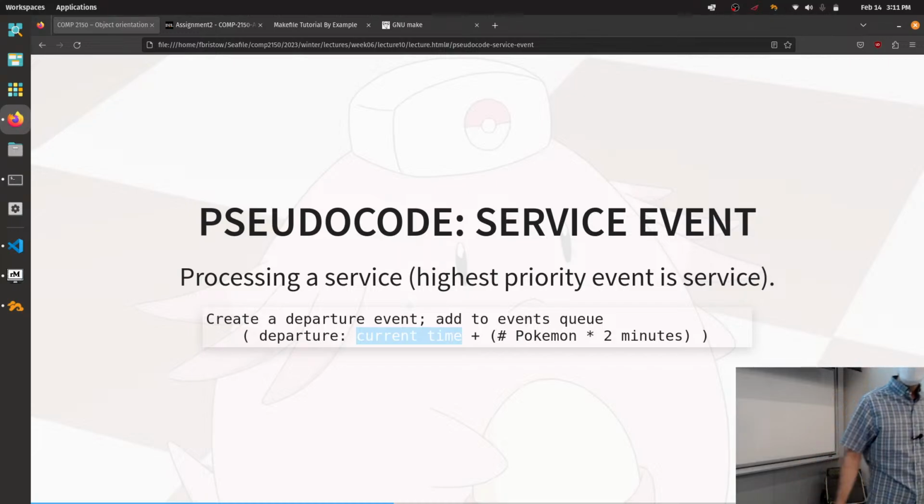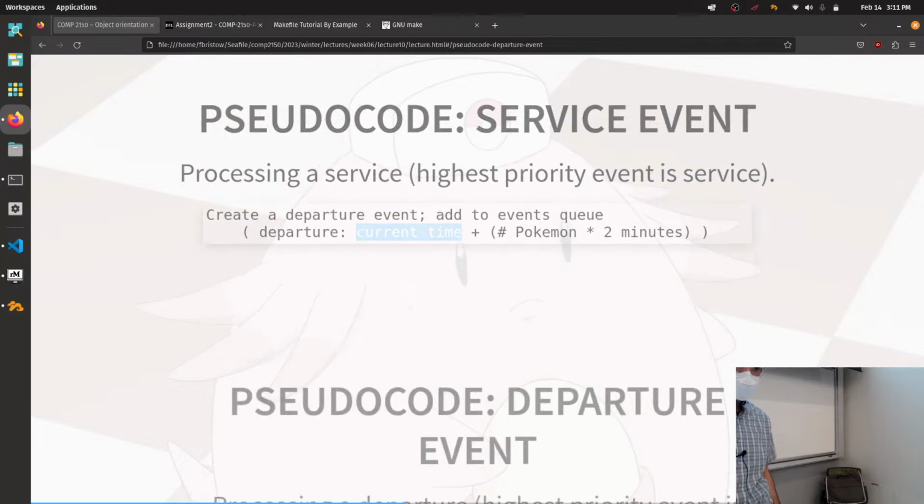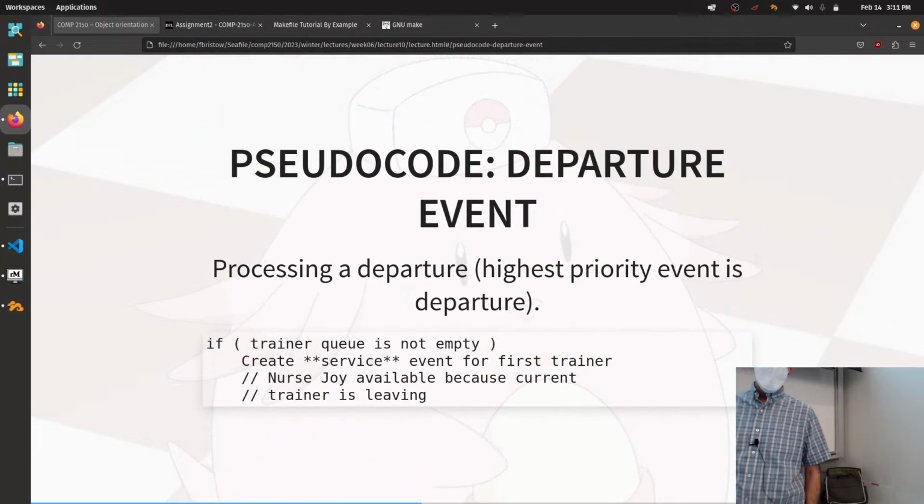And the idea is that this is a priority queue where you're using the time that the event is supposed to happen as the priority. So the lowest timed thing is what happens next. And when this trainer is done seeing Nurse Joy, so this is you popping something, taking something off the front of that queue that is a departure event,